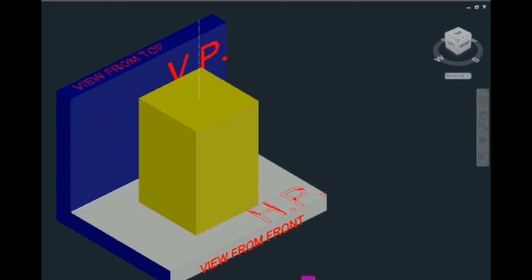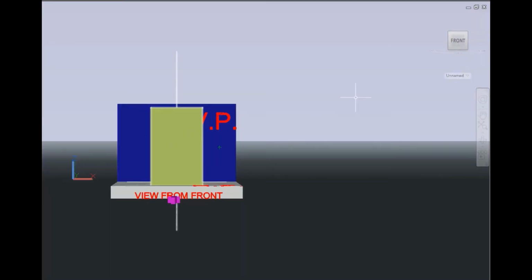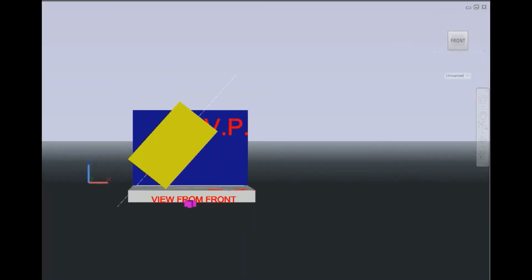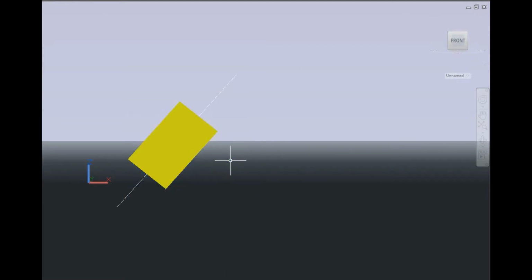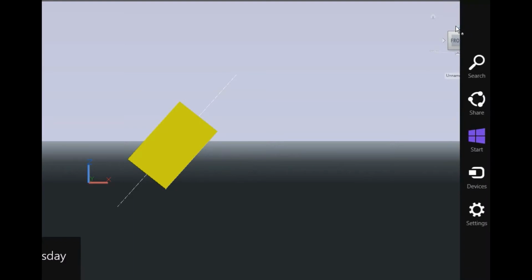Now you see that on your screen the square prism is directly standing on the horizontal plane, which means it is perpendicular to HP. But in this question it is given that it is inclined to the HP. So I have to make it inclined with the HP first. You see that now it is inclined to HP. The front view will be a tilted rectangle, as you can see here. If I erase the planes, this is going to be your front view, which is very easy, and from the top this will look something like this.